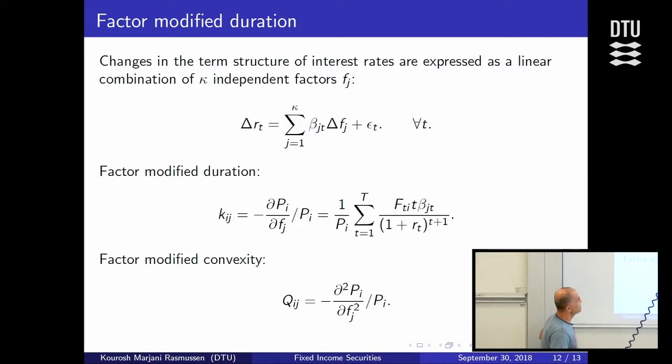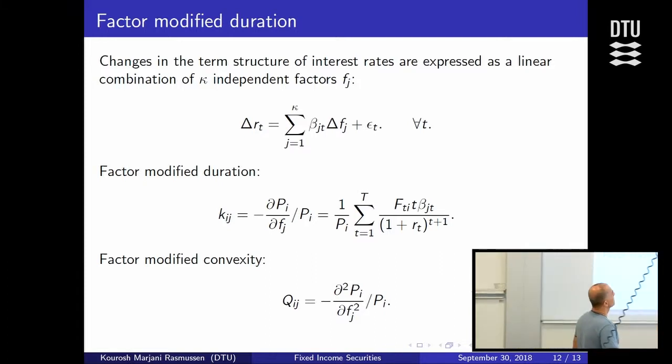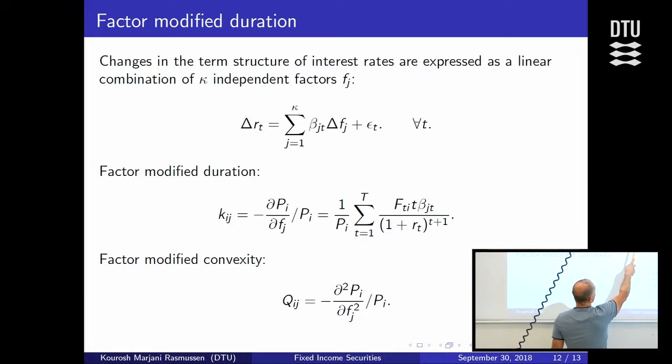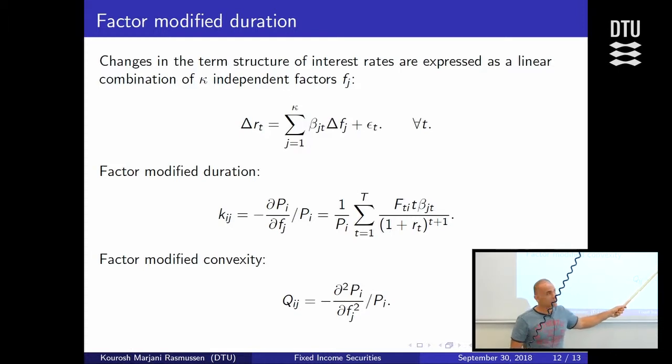And there are a few pages in the book that you can read about how you essentially come down from that, doing this principal component analysis, and come essentially from this line to that. But what is important is that once you do your principal component analysis and you've got your weights on the factors, the betas, then you have this term which is called the factor modified duration, which